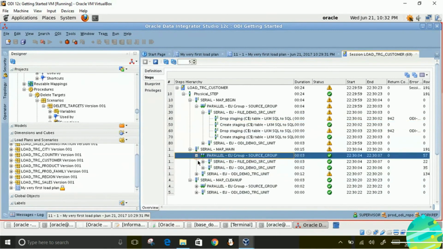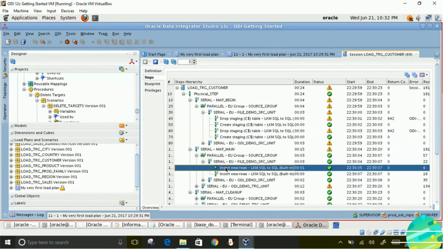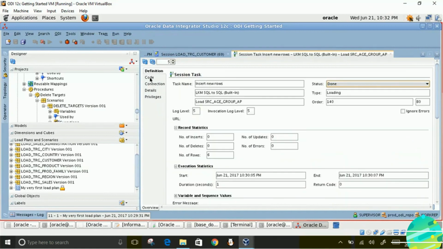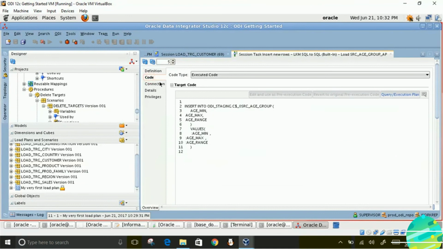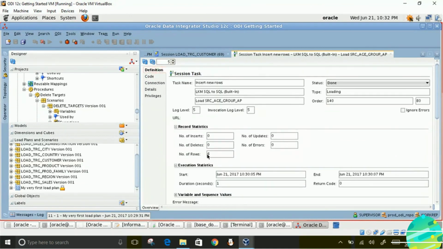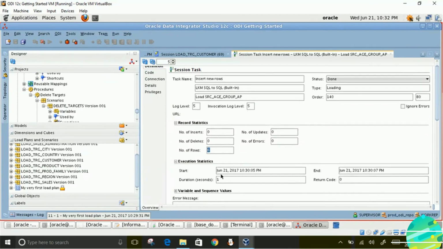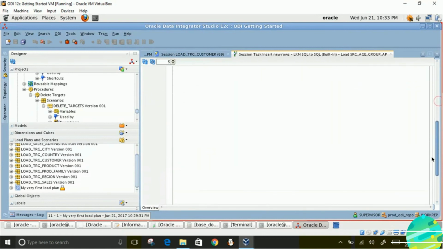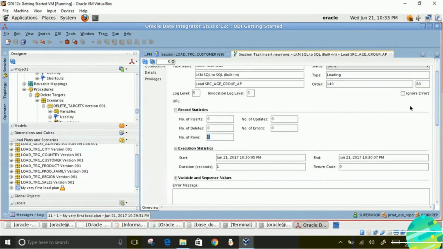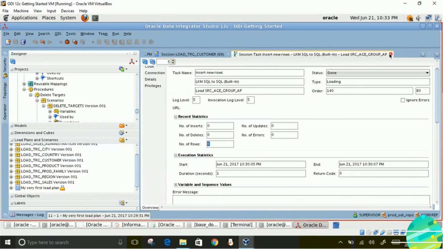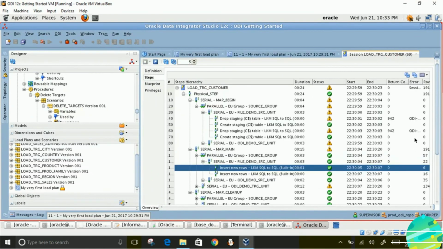Likewise, you can go to the details of each of the step at the task level, at the SQL level, which is being executed in that task, and monitor what SQL it is running, how many rows it got selected, whether there was any error, and you can find some of the information at this level too.